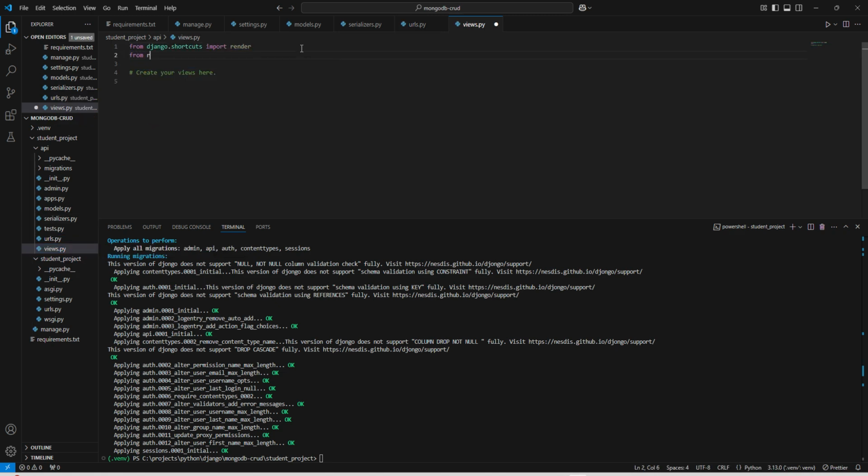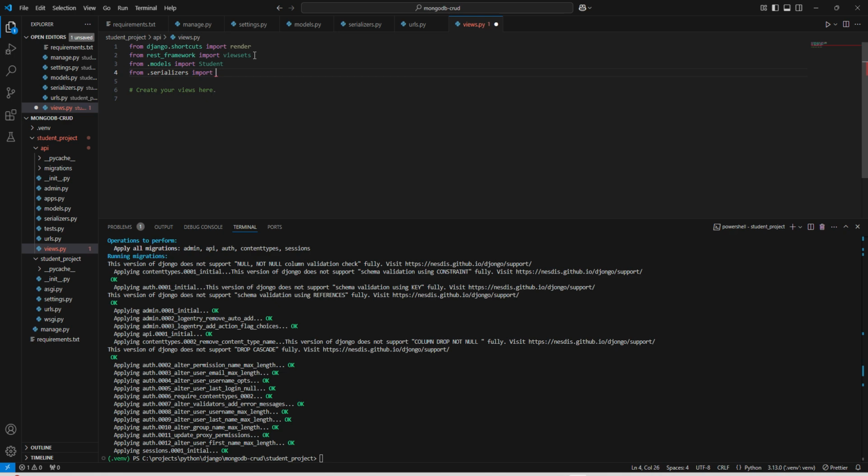To create a view, first of all we can use viewsets, and for this we can import from the REST framework the viewsets. And from models we can import our Student model, and from our serializers we can import